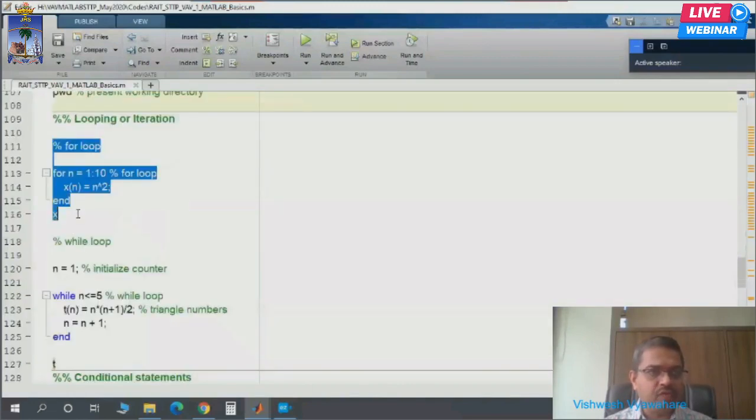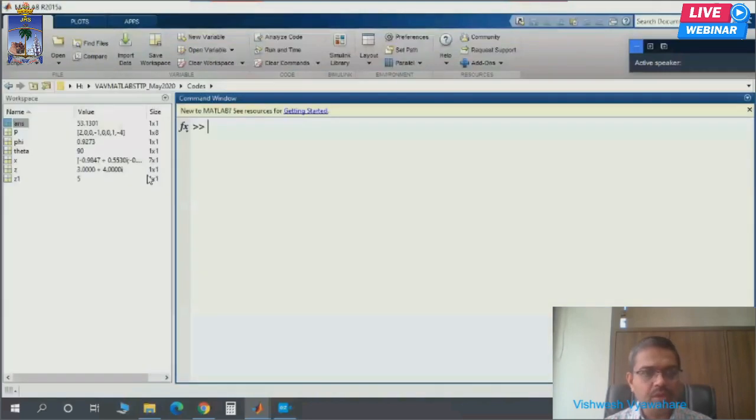Now looping, the for loop. Please note, in a one-day webinar, it's not possible to cover the complete MATLAB. Even I have been learning MATLAB for the last 20 years and I am still learning. There are a lot of things which I came to know when I prepared for this webinar or for our STTP. The developer of MATLAB is the company MathWorks. It is a US-based company, and they have offices in India also.